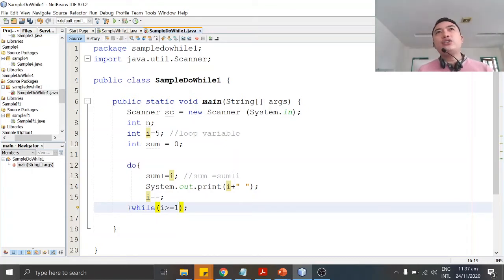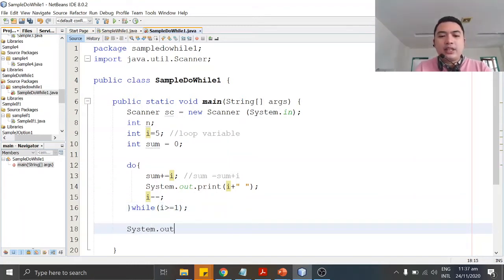So when it goes to 0 and below, the loop will be terminated. And then we will print the result. So println, the sum from the value n